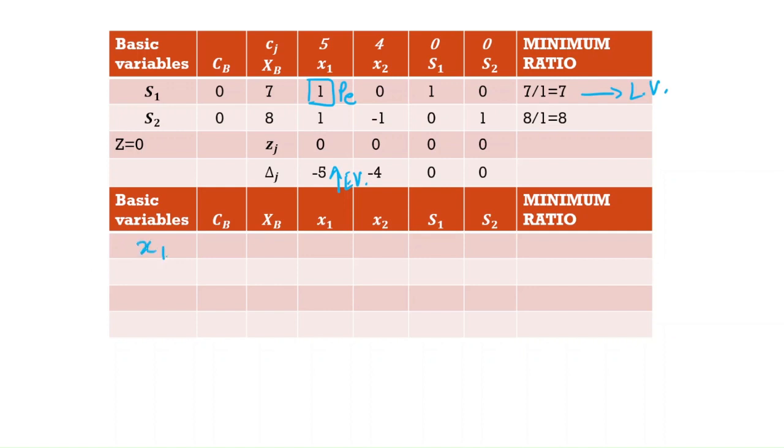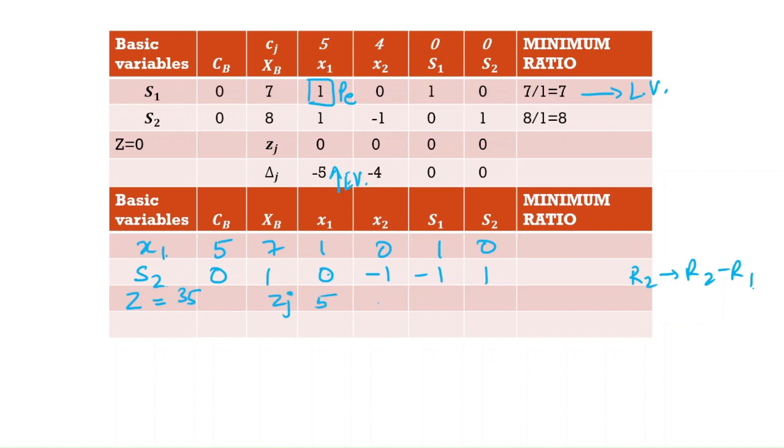So I'll just enter x1, the coefficient is 5, 7, 1, 0, 1, 0, and for s2 I just have to subtract them and nothing else has to be done: minus 1, minus 1, 1, 1, coefficient is 0. So here z is now coming out to be 35 and zj is 5, 0, 5, 0,